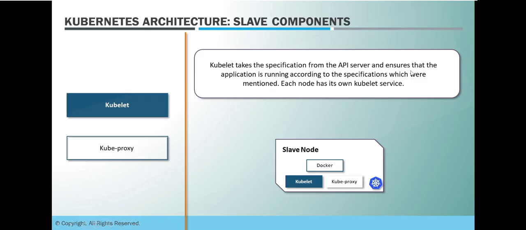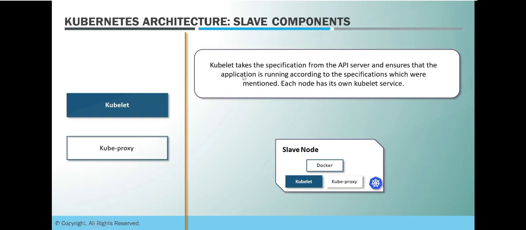And not only creation, not only deployment, it also takes care of their running on the cluster as per the deployment file or specification. Suppose you want 3 replicas of a pod to be running on your slave nodes. So kubelet will ensure these 3 are running. These 3 replicas of that pod are available all the time on the cluster, and they are healthy and live.